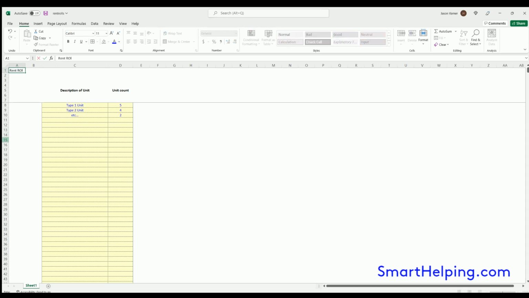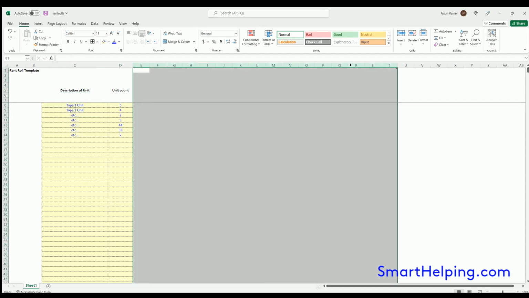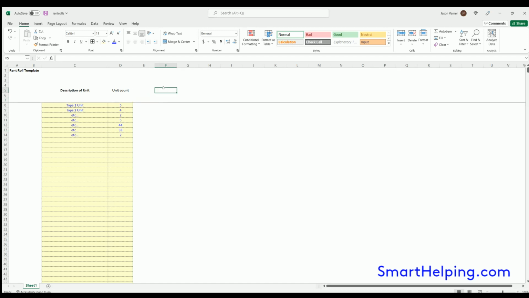Rent roll template. Let's just do a couple more. So you've got description, unit count. Now, on rent rolls, especially if it's an acquisition model, if it's not an acquisition model, that's fine too. If you're just building a new construction, then you can put whatever. Well, you'll see as we get down into it. But so unit count,